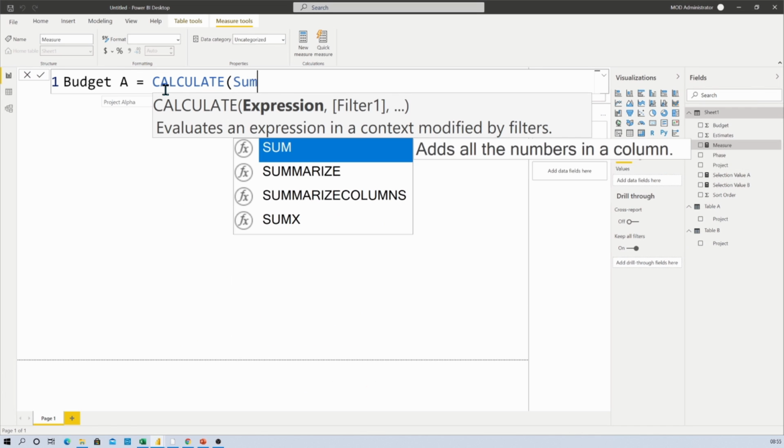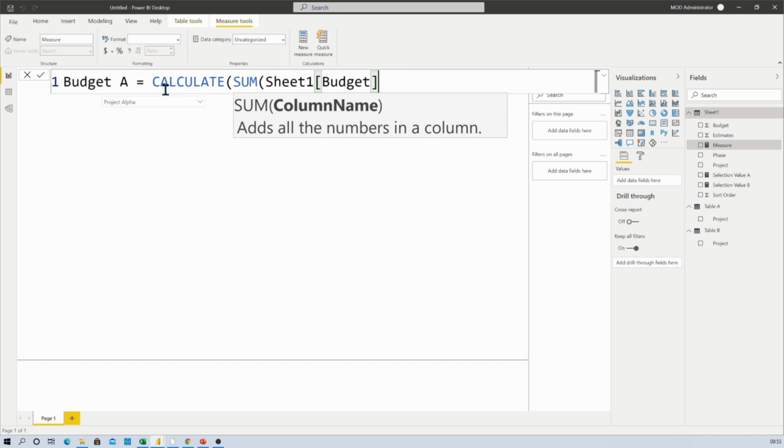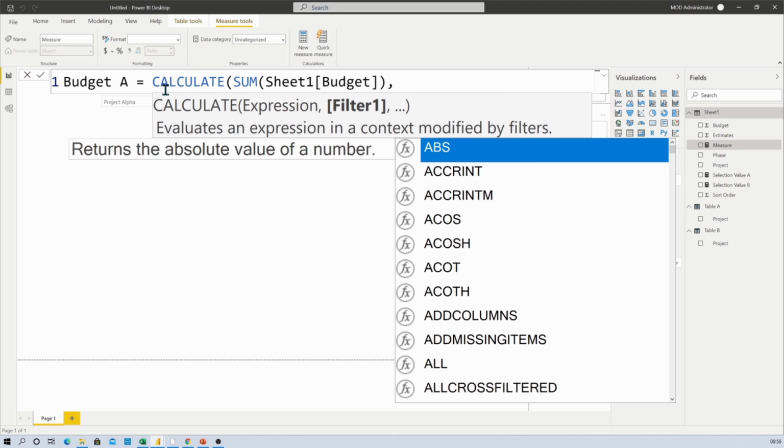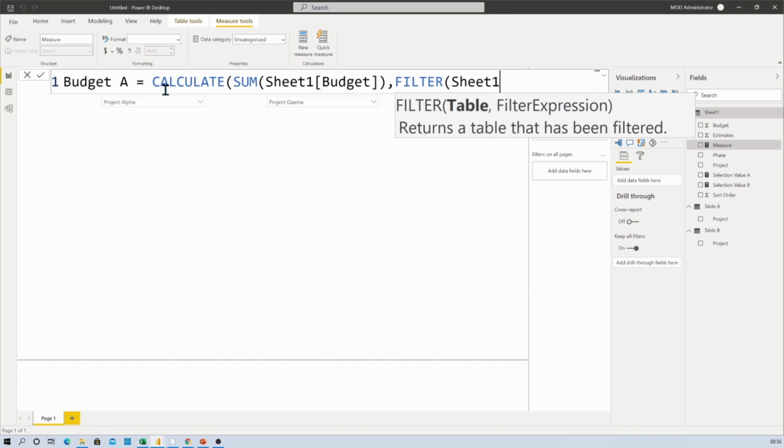Inside that we need to find out the sum for budget, Sheet1 budget, and then we need to apply a filter. Inside that we need to provide a table name, that is Sheet1, and then we need to apply an expression.